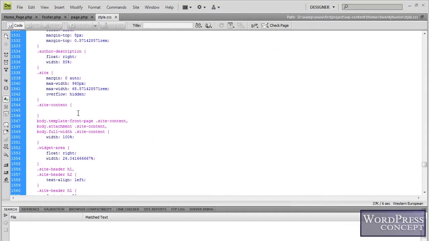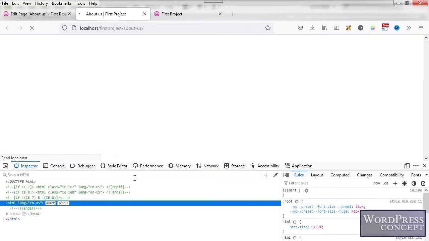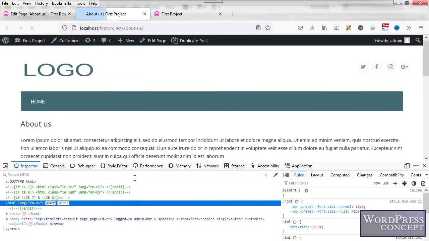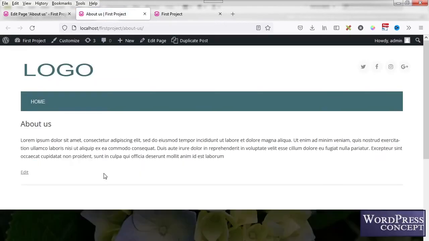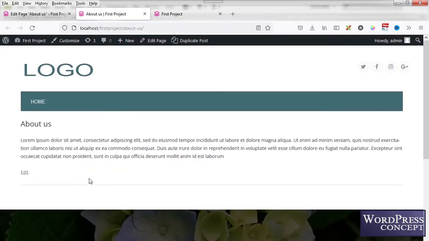1544. Good. If the changes don't take effect immediately, you need to press Control Shift and R, and the style sheet will load the fresh latest style, and that's what was happening. The style sheet was not loading, so that's why it wasn't showing me the